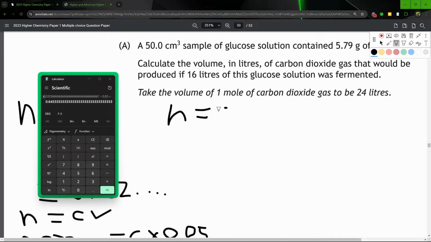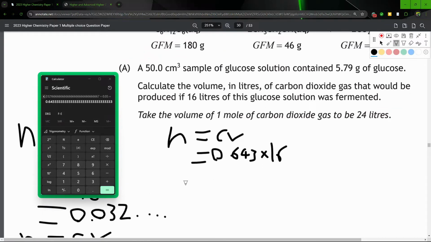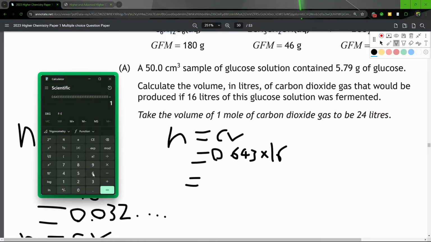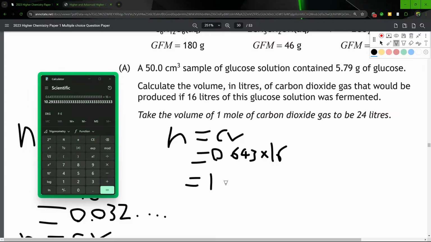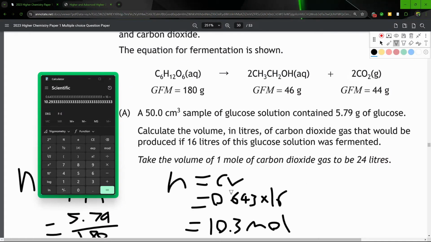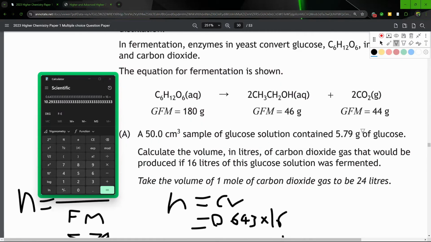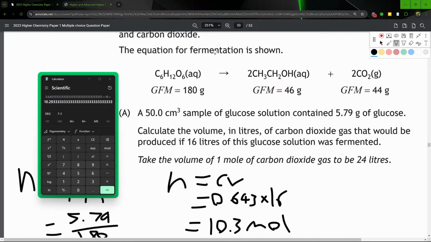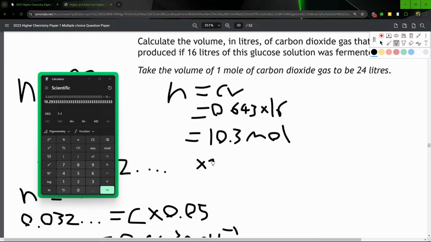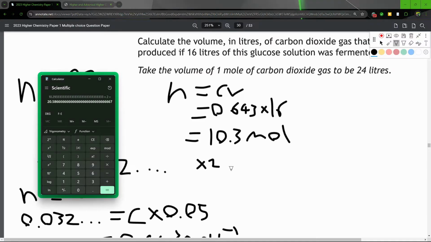So I'm going to say n equals CV. Concentration is 0.643 times our volume, which is 16. Let's go and do that. So then we have 10.3 moles. Now we have 10.3 moles of glucose, and then we're going to convert it into carbon dioxide. So carbon dioxide is a molar ratio of 1 to 2, so we're going to times by 2. So we end up with